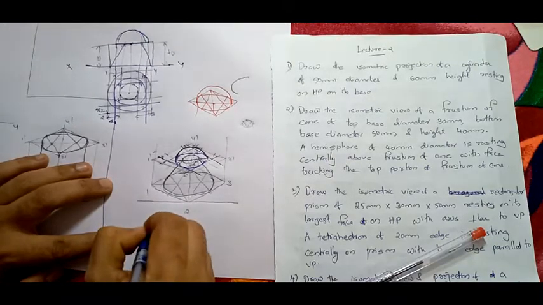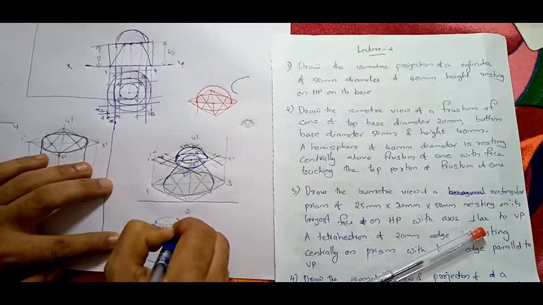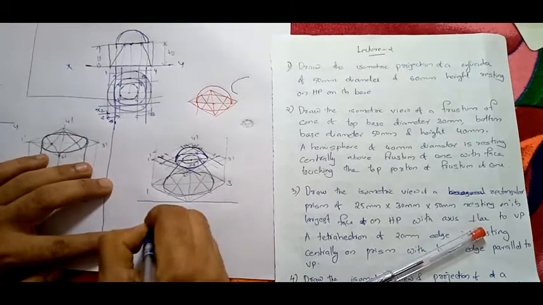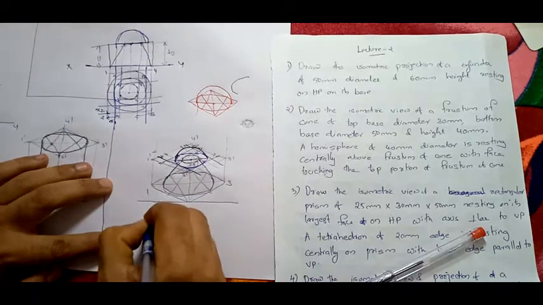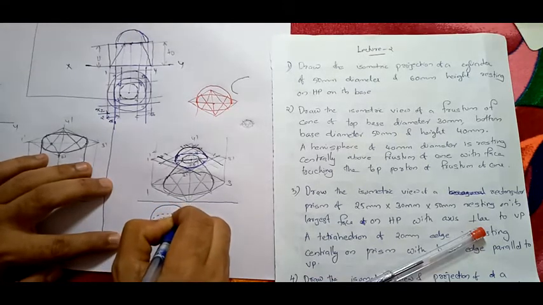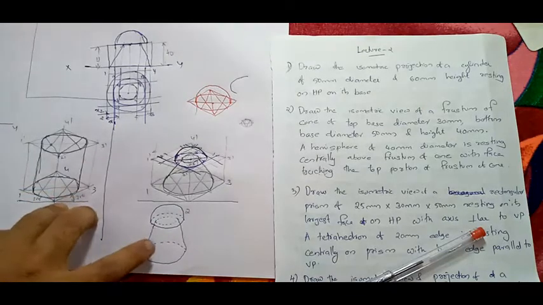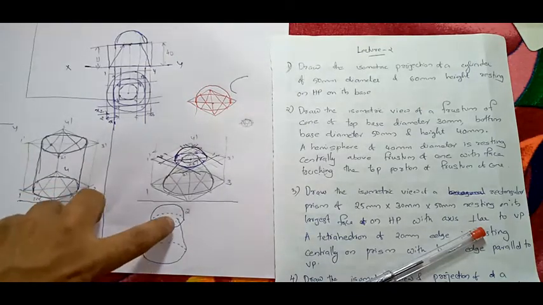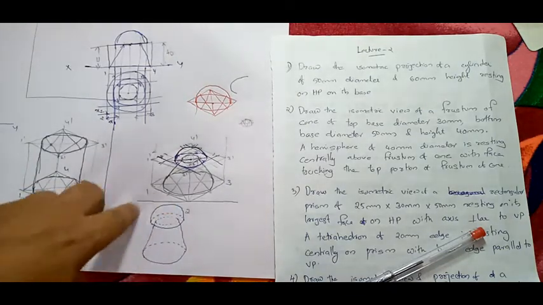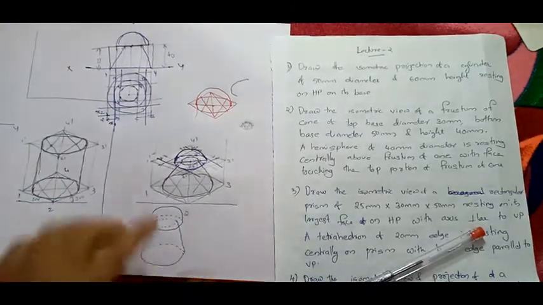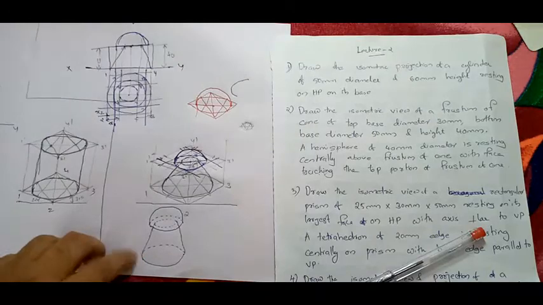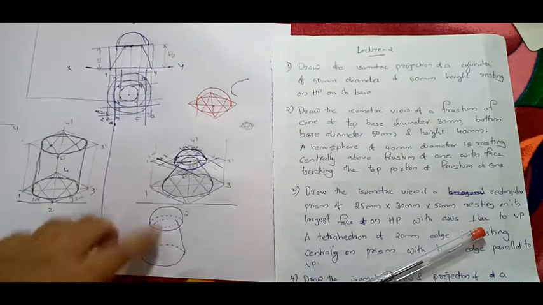Now outside this, you will have a curve like this. On that, this portion will be dotted, and this will be your hemisphere. So this will be your final figure. This will be your hemisphere lying above a frustum of a cone. This will be your final figure. So I have explained the procedure. The final figure will look like this. So try to draw it.